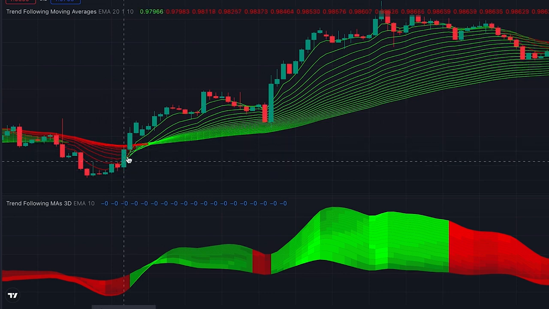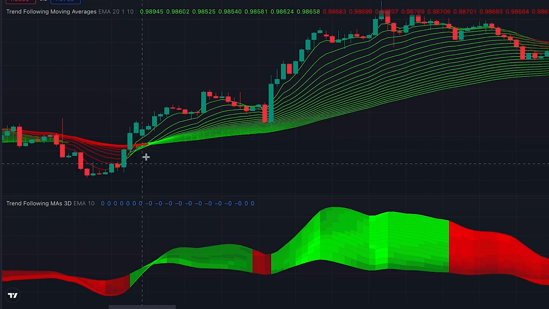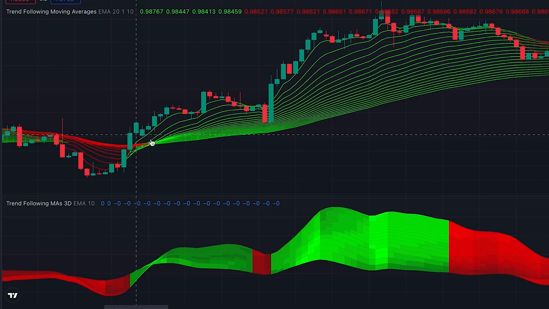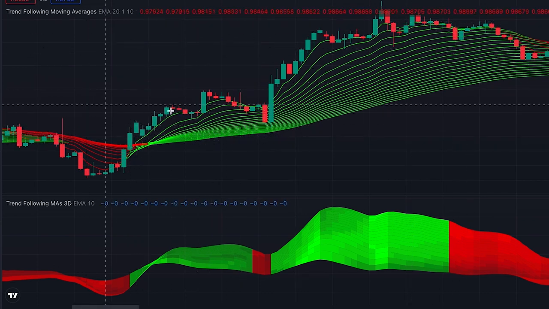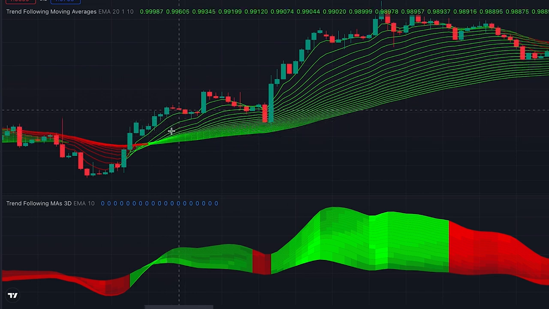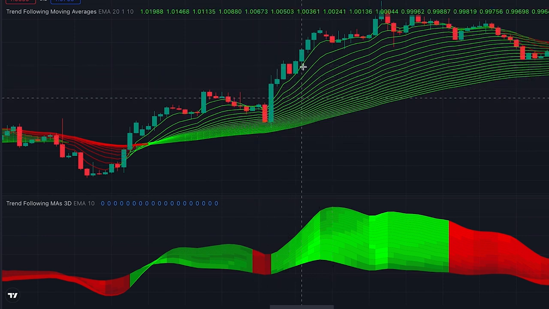As the other lines also cross above the next one and turn to green, and actually this ribbon folds in the other way, it shows that a trend is establishing and could be the starting point of a larger trend. From here, pay attention to the direction of the lines and their distance from each other. And these two important elements, I mean the direction and the distance between the lines, are also reflected here